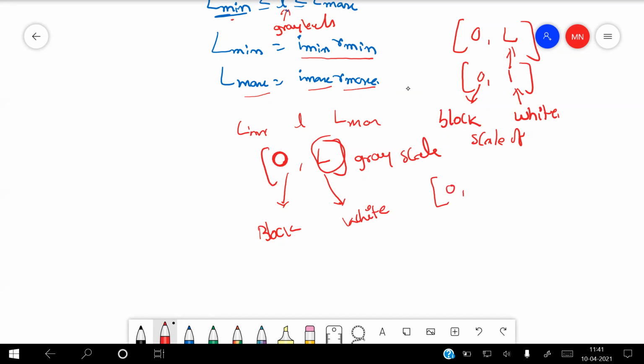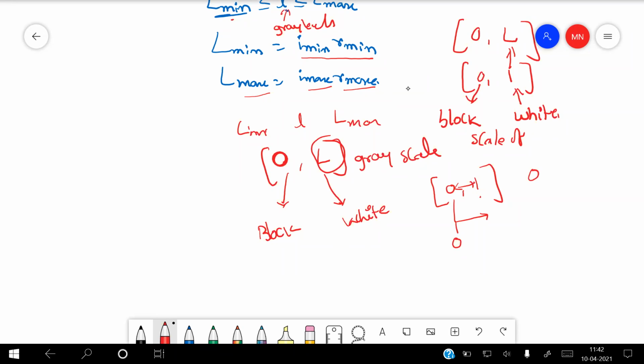0 comma 1 is the range, so the value changes from 0 to 1, from black color to white color. Black is such that if you change anything in the black, it is not visible, so there is no effect on the 0. That is why 0 is the black color. We are converting from a dark room to a bright room, and bright is white color, which is 1. So 0 to 1 is a grayscale.